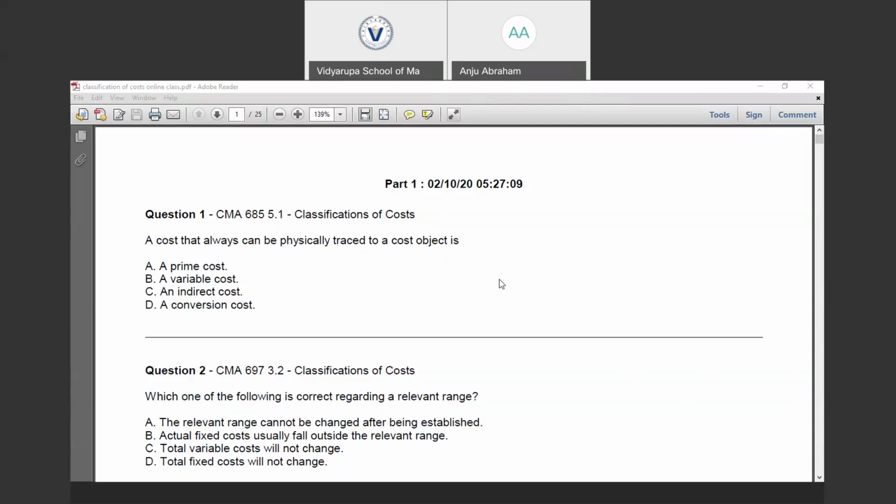The first question: a cost that always can be physically traced to a cost object is. We have the options: a prime cost, a variable cost, an indirect cost, a conversion cost. A cost that always can be physically traced to a cost object is a direct cost, but there is no such option.